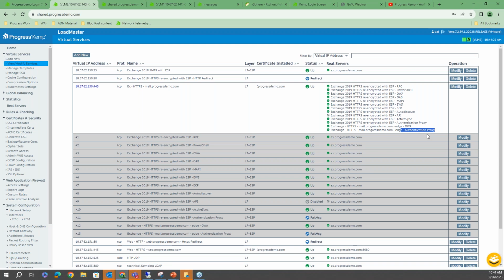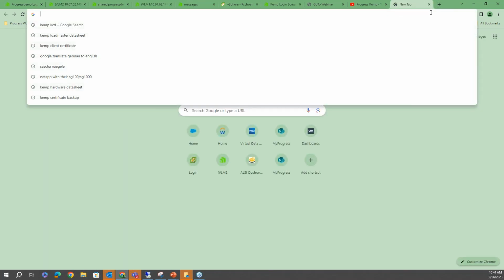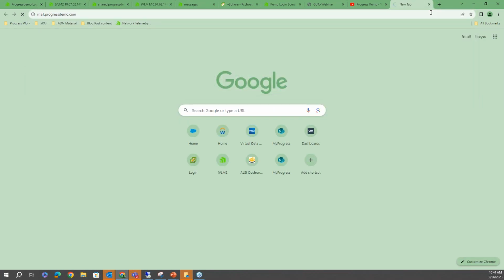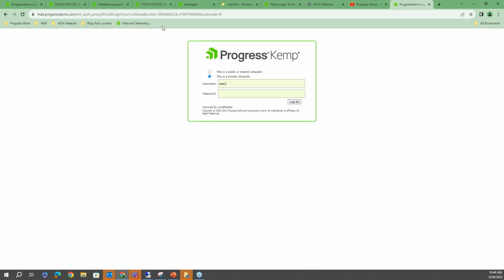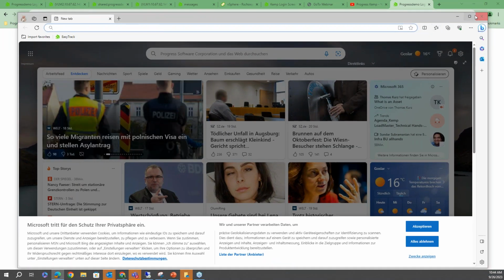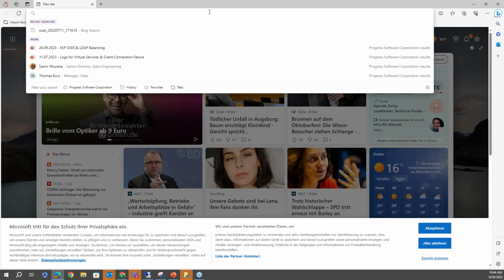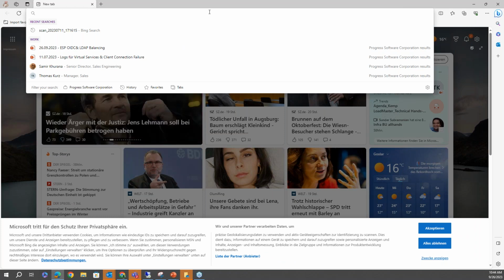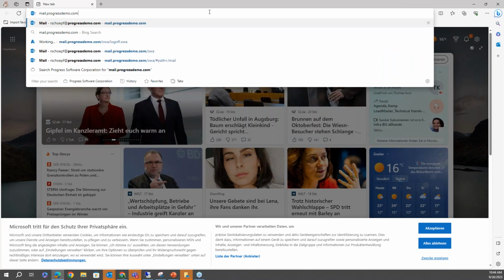Now, I played with content switching a little bit. If you are logging in from Chrome, you will get a form-based prompt, normal form-based authentication for OAuth. But if you log in from Edge, and you could have used something else, you could have used an IP address to differentiate or something like that, that's no problem. But if I now come from Edge,